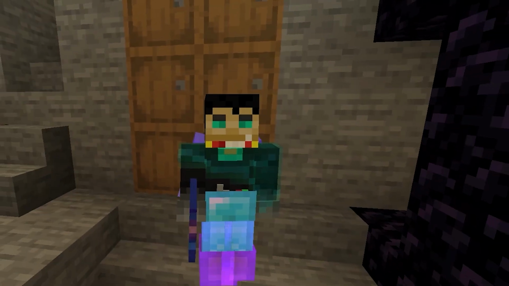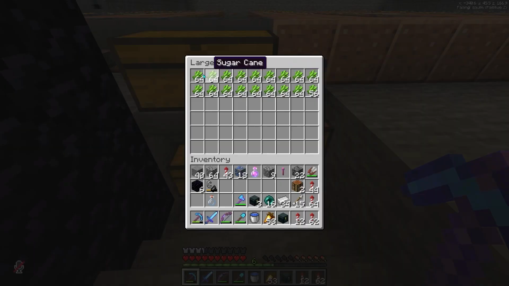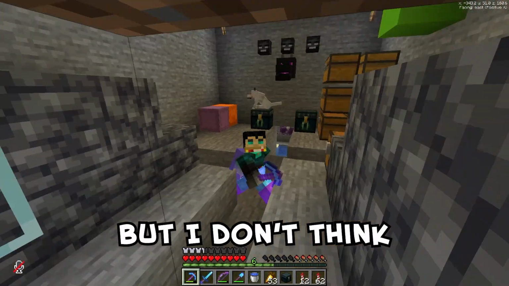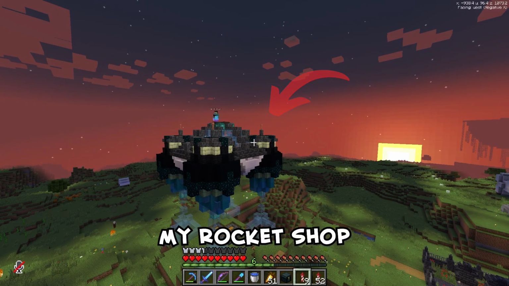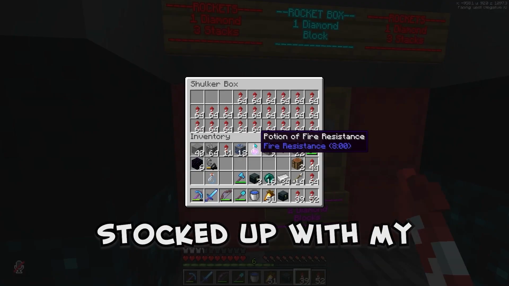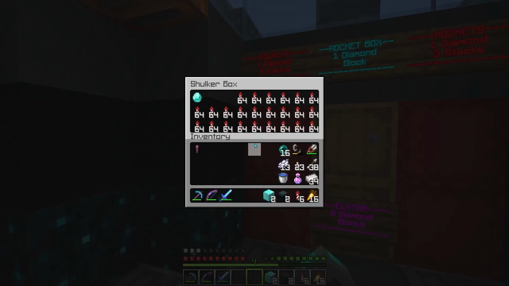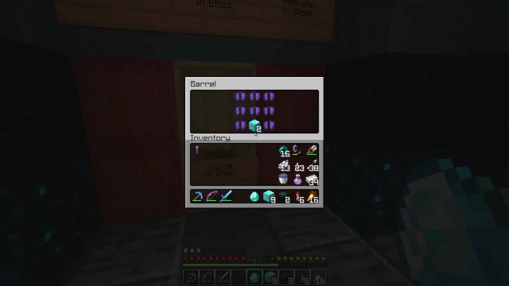So I was AFK here maybe 2 days, let's say give or take, and we got around 54 stacks of sugarcane, which is a double chest. But I don't think that's enough. And this right here is my rocket shop, and it's currently stocked up with my lifetime supply of sugarcane in the form of rockets. Now in exchange for my rockets and my elytras, the block breaker sold me a bunch